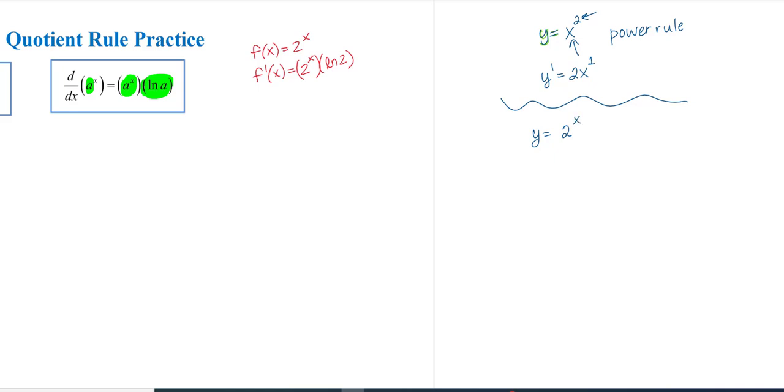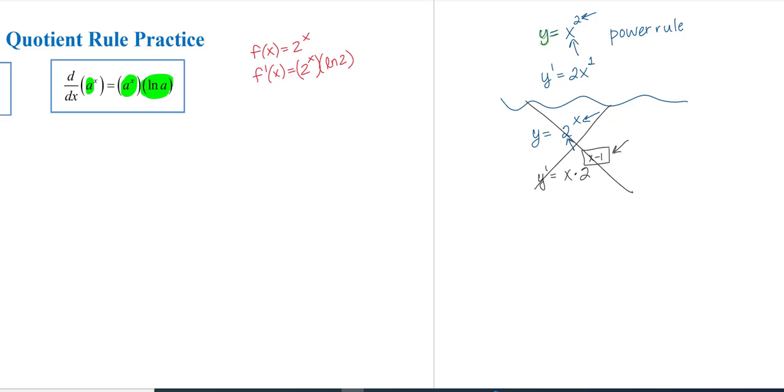I have something like 2 to the x, where my base is actually a constant and my variable is now in my exponent. So I cannot use power rule. If you thought, oh good, I'll power rule this, when you're finding the derivative of this, you would bring down your exponent. Well, that's kind of odd because that's a variable, but okay, let's just keep going here. Keep your base the same, and see now when you subtract 1, you're getting x minus 1. You're not getting a value or a constant, some number. So that's how you know power rule was not on the table.